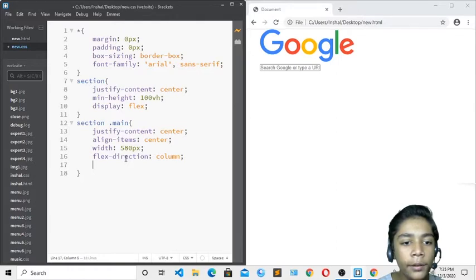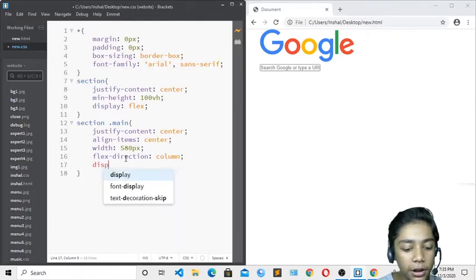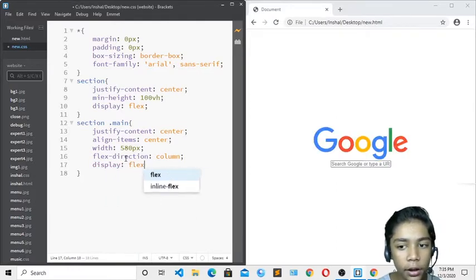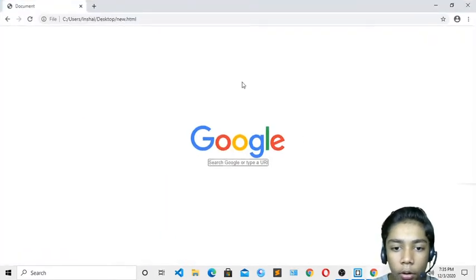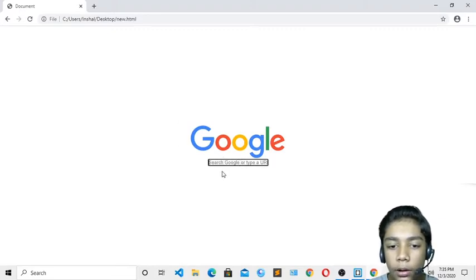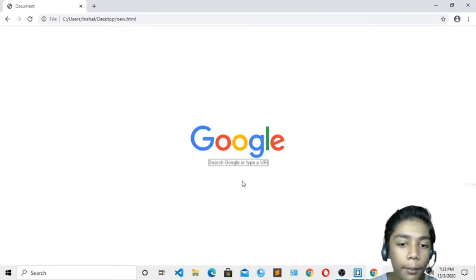And over here I will just write another thing, which is display should be flex. Okay, so now here you can see when I have written display flex and flex-direction, it is now in the center of our Google page. Okay, here you can see it is looking good, but here is one problem, it is not bigger. Okay, because if you see the Google search bar, it is bigger and looking really nice and has a border-radius also. Okay, so we will do those things as well.